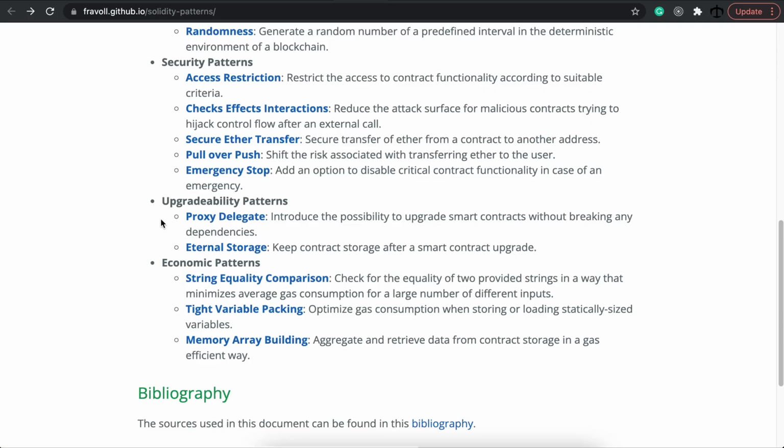We are now done with security patterns and going to take a look at upgradability patterns next. The first pattern that we are going to take a look at is the proxy delegate pattern. Now, proxy delegate seems quite difficult to understand, but in layman's terms, the proxy delegate pattern just talks about giving the functionality or the responsibility of execution to another contract, but changing the actual storage values on the current contract that